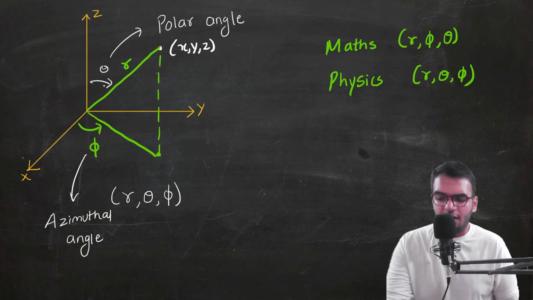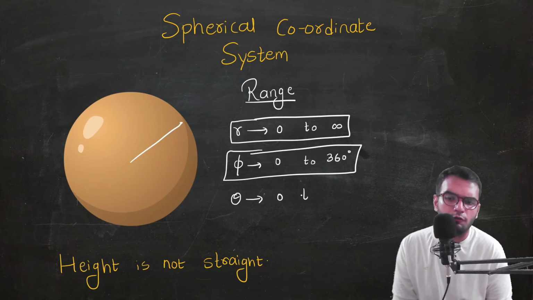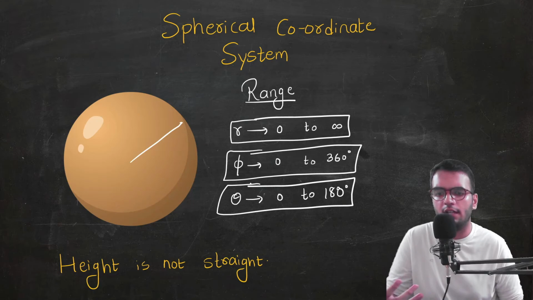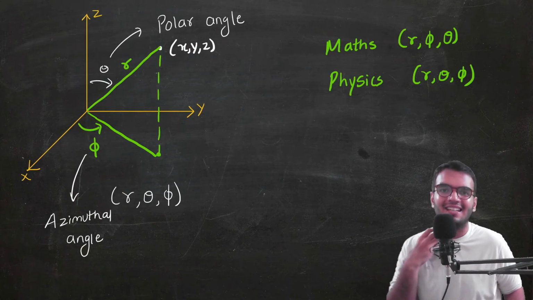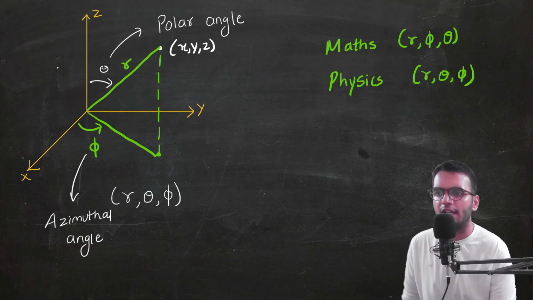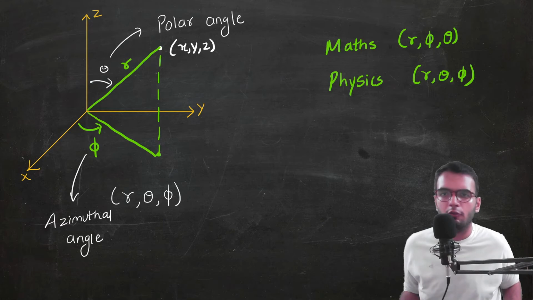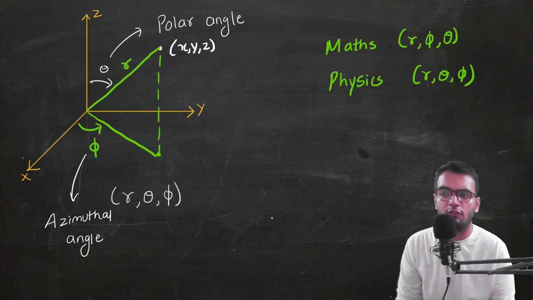Talking about theta, you can rotate theta only from 0 to 180 degrees. Now someone will say, how can this happen? Why are you giving just half the range? Because it is not needed. Why are we limiting the range of theta to 180 degrees? Because it is not needed at all. What is theta? Theta is the angle from the z-axis to this point.